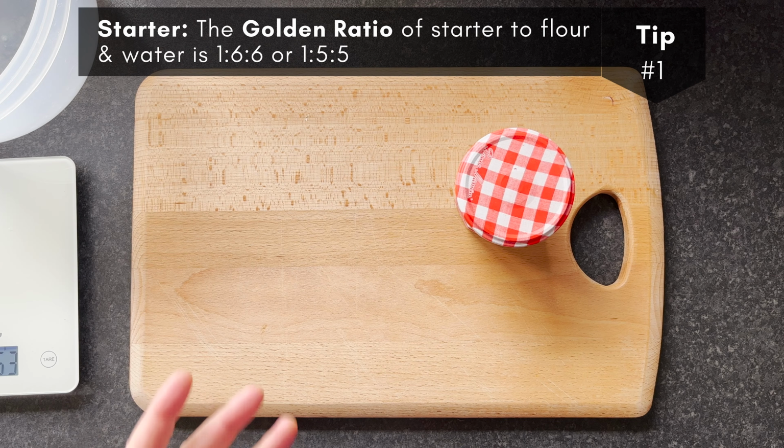Morning. So this morning I'm going to talk about tips and tricks to making really fantastic sourdough. I'll go through different bits of the process from start to finish, and I'll focus on certain areas that are really important to making beautiful sourdough. So first tip really is